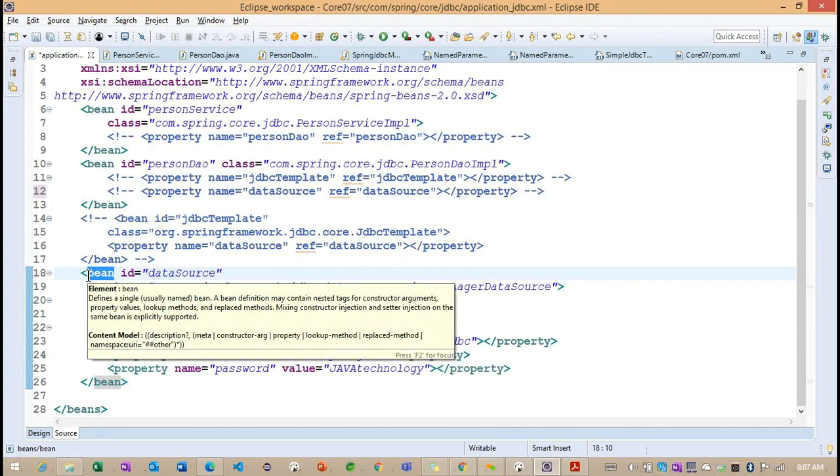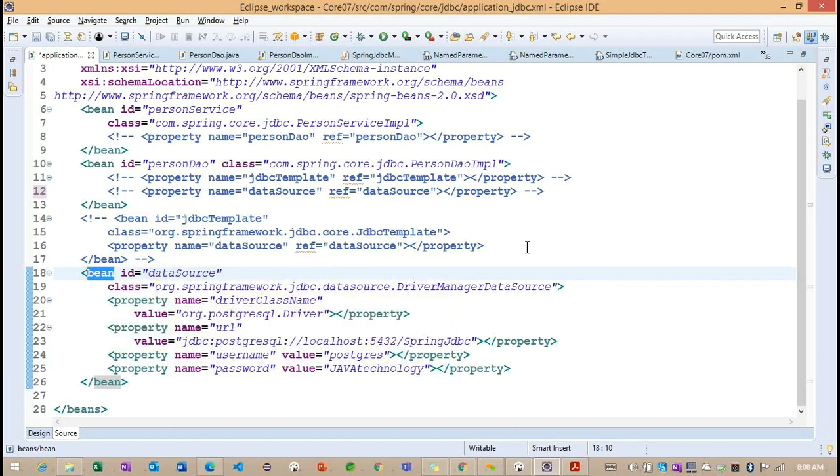Now what's here? To provide the information to the container, we are going to work on dependency injection with the help of the AutoWire annotation, right? So based on the type of the bean, the container is going to create the object here. Without providing the property tag or constructor tag, we are not working on dependency injection here, because for dependency injection we need to provide the setter method or constructor method, like a property or constructor tag. But here we are not providing anything. We have commented out the property tag.